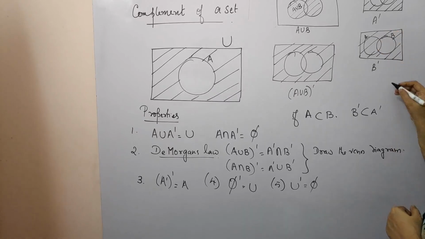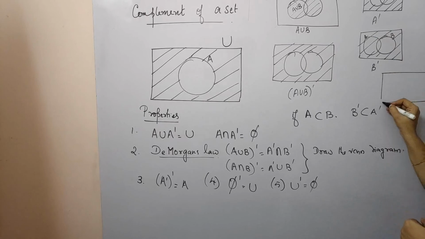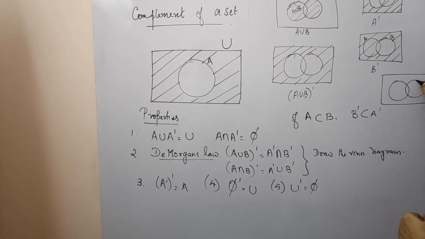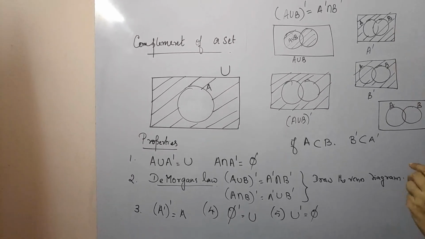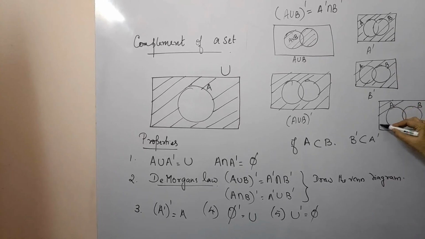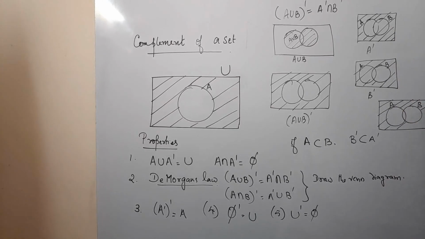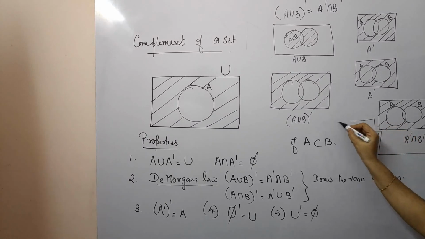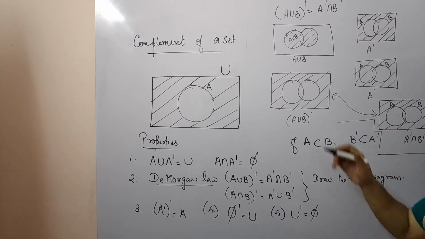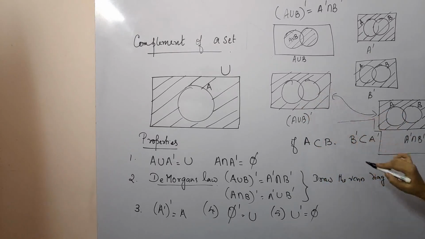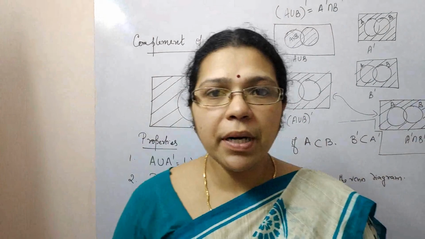Now, A complement intersection B complement. Look at these two figures. Which part is common? Isn't it the outer part of this A and B? Right? This part is common. That is, this is A complement intersection B complement. Now this and this, how do they look? They look the same. Or I can say that A union B the whole complement is the same as A complement intersection B complement. Am I clear? The second part of De Morgan's law,